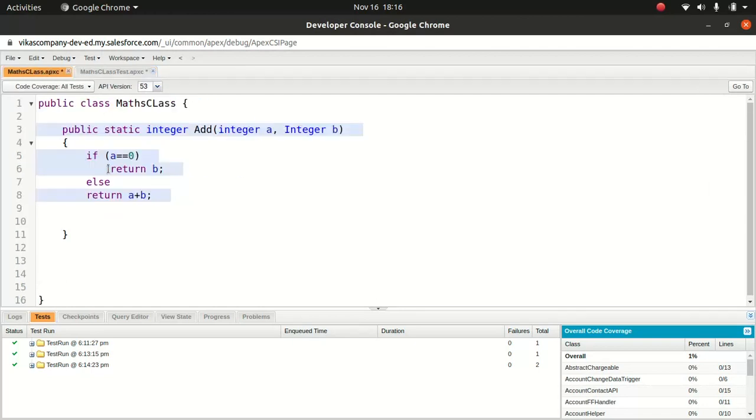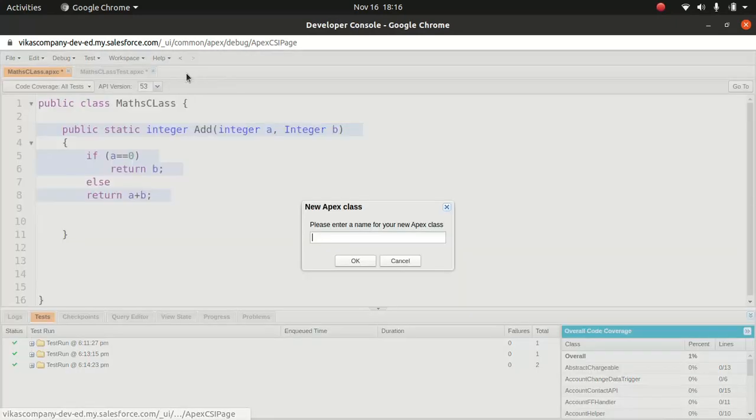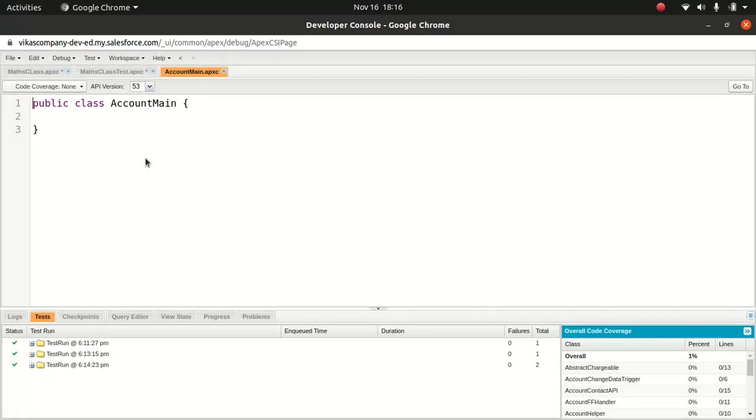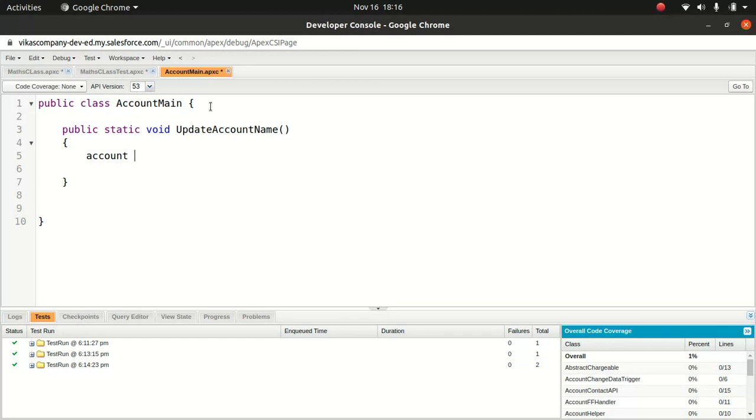Say for instance, I have another class, account class, account main, right? And what I'm doing here is I'm just gonna write a very, very stupid logic, public static void update account name, right? This will be the silliest code, but